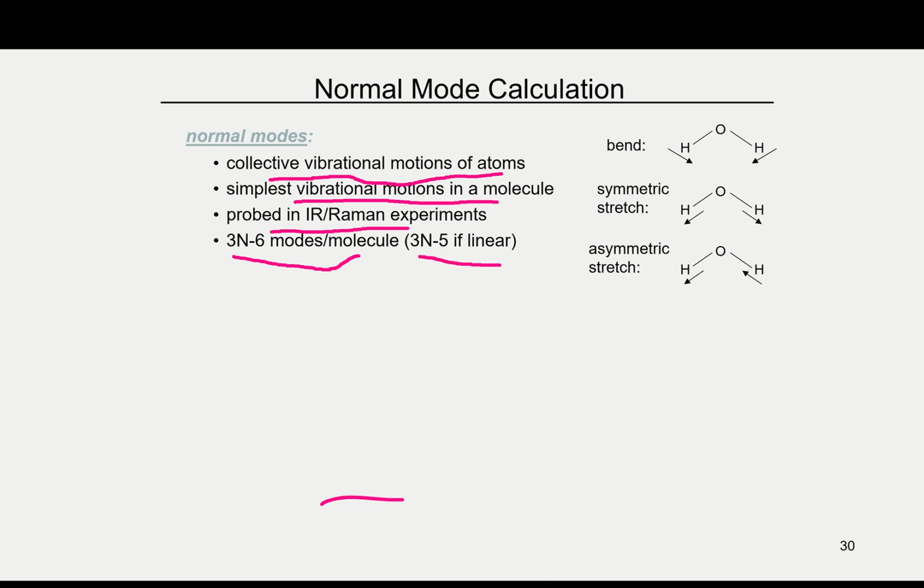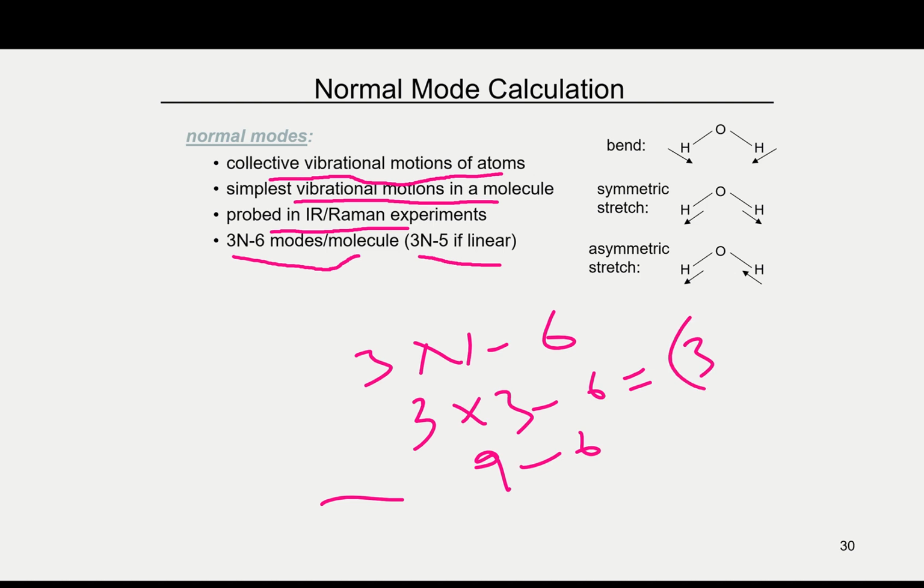It means if you have H2O, 3N minus 6 applies here. There are 3 atoms, 3 times 3 minus 6 gives you 9 minus 6, which gives you 3. So there are three